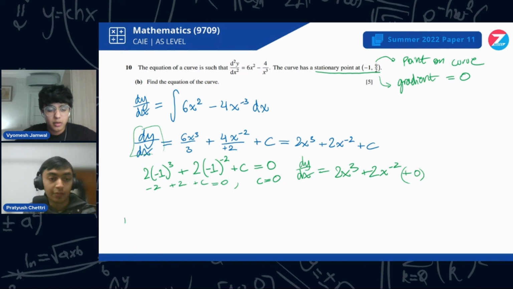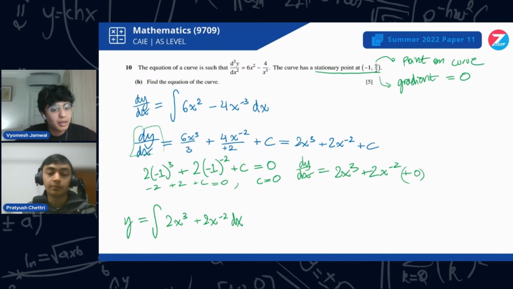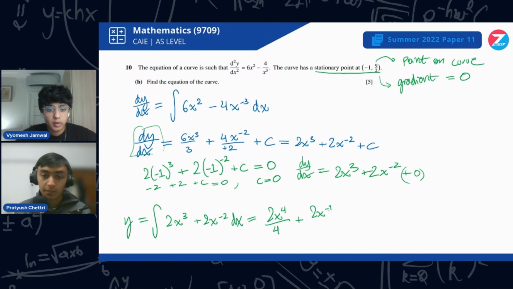Y equals the integral of 2x cubed plus 2x to the power negative 2 dx. Remember, dx is essential. It's very important. And that will turn into 2x to the power 4 upon 4 plus 2x to the power negative 1 upon negative 1